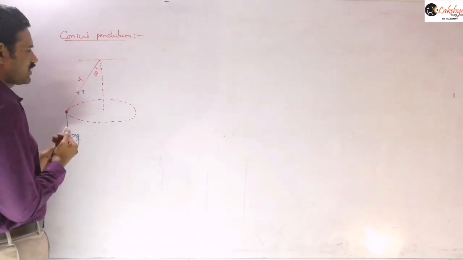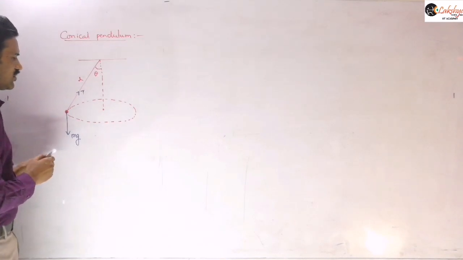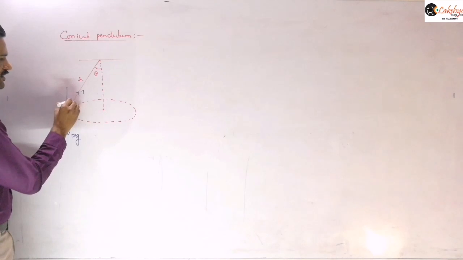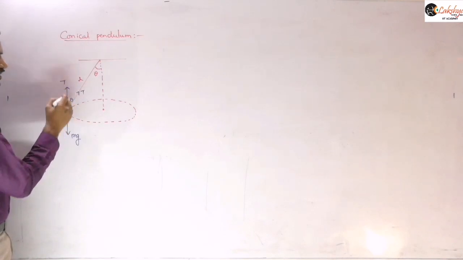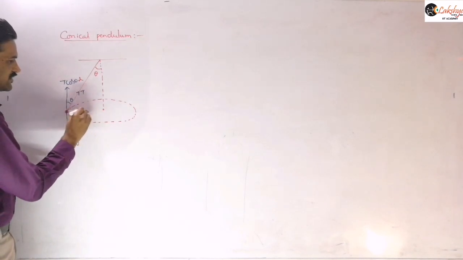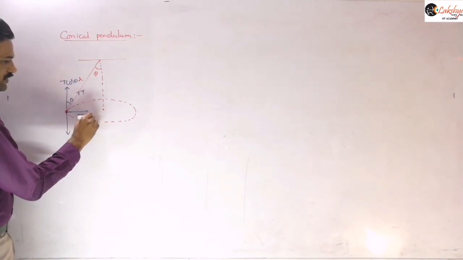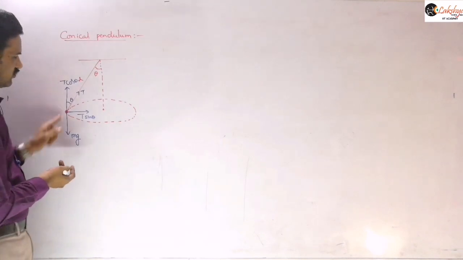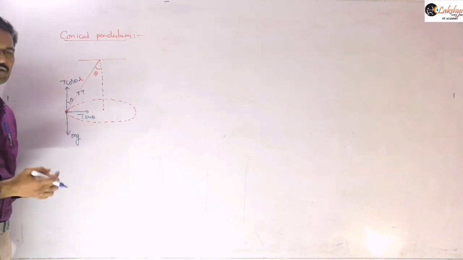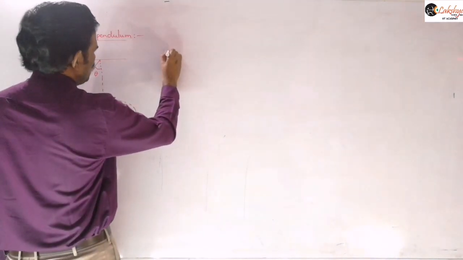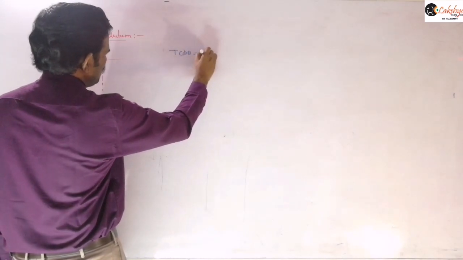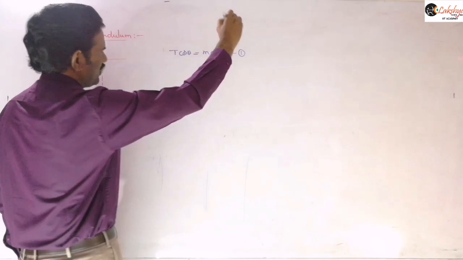And so now you may resolve this force into components. So one component, tension, I am resolving here. This angle is theta, so then this angle you will get as theta. So this is T cos theta you can write, and this force we can write as T sine theta here. And so now we can say that in the vertical direction these two will balance with each other, because in the vertical direction there is no acceleration there, and therefore we can write T cos theta is equal to mg. This is say equation 1.